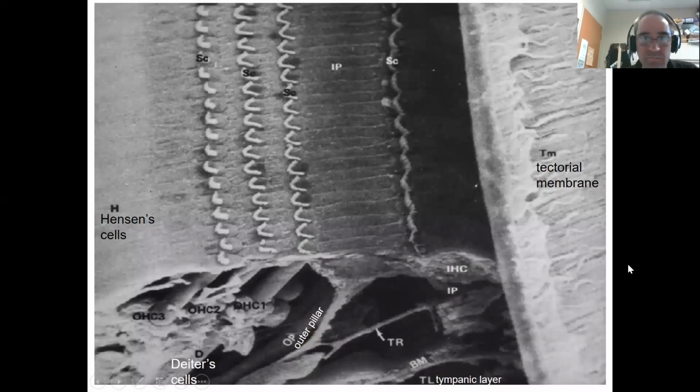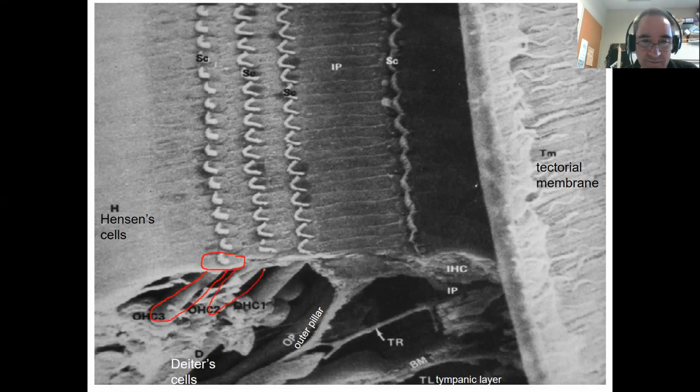All right, so this might be the last picture of this series, but here they've kind of chopped through the organ of Corti itself, and so now we can see the top of the cells. So let me outline one of those. So here's the top of an outer hair cell and its stereocilia, but now we can also see its cell body there, and we can see the body of